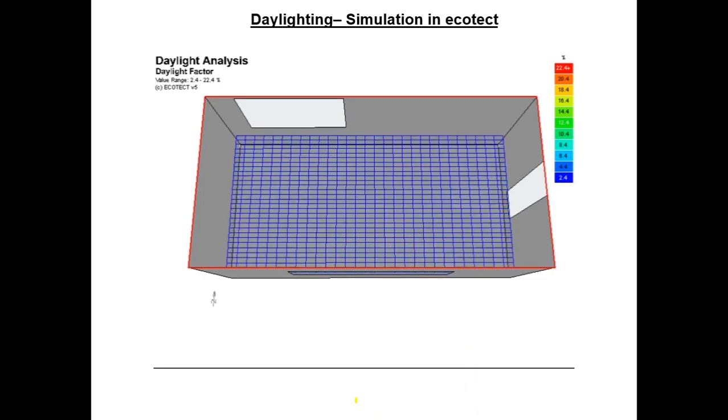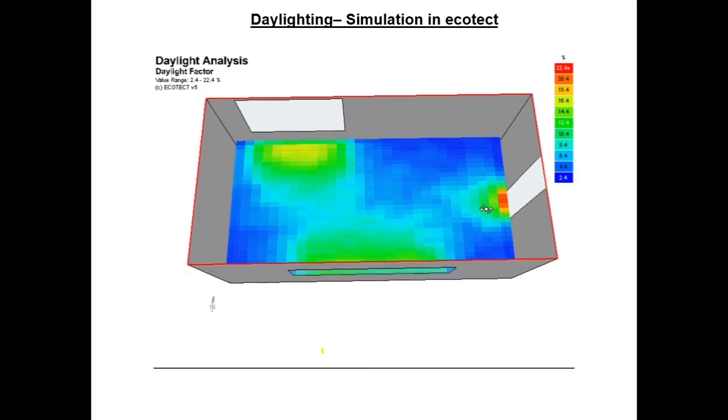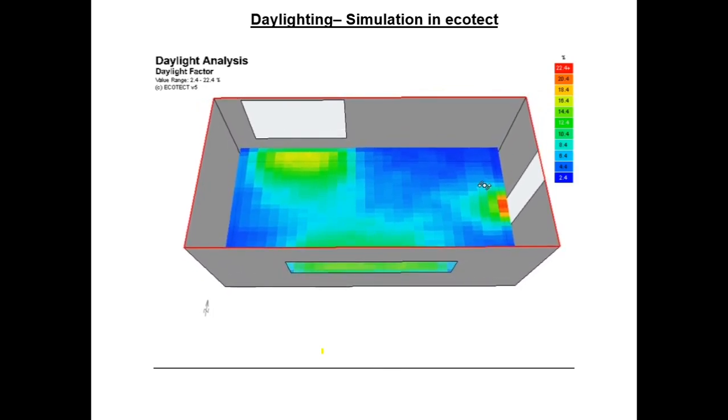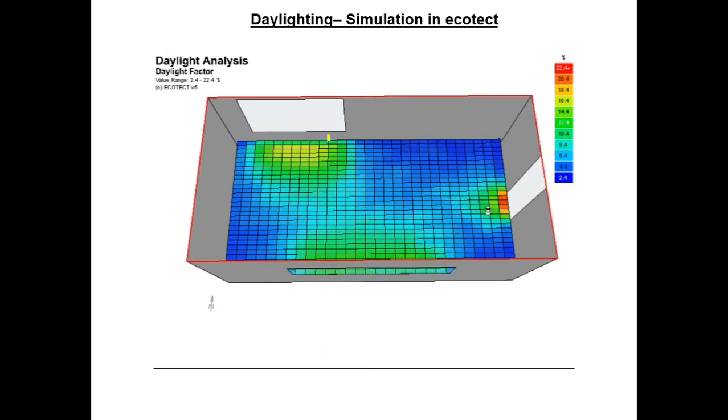Most importantly, daylighting is a considerable factor where the techniques of daylighting can be taken care of by means of your window sizes, your window properties, and window elements like glass and sunshades. So this is a very important element which you are supposed to follow in terms of daylighting.